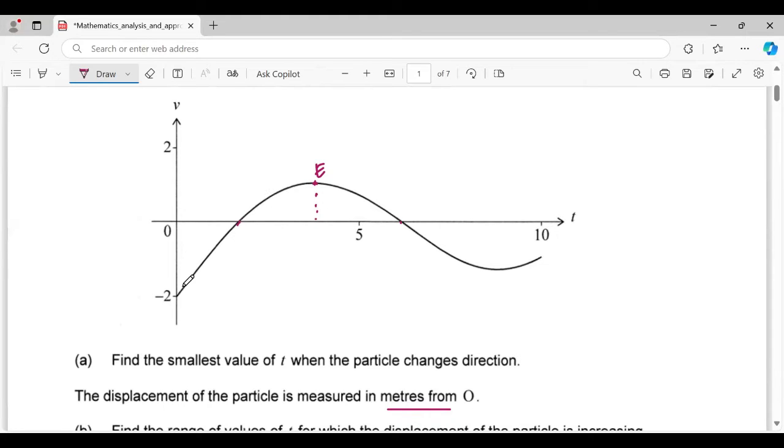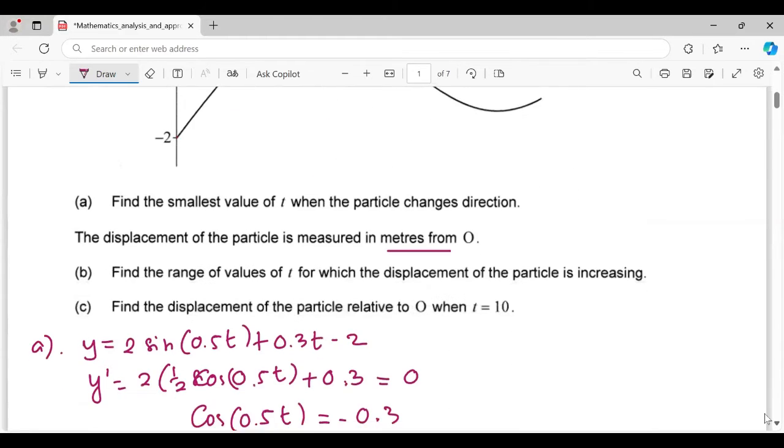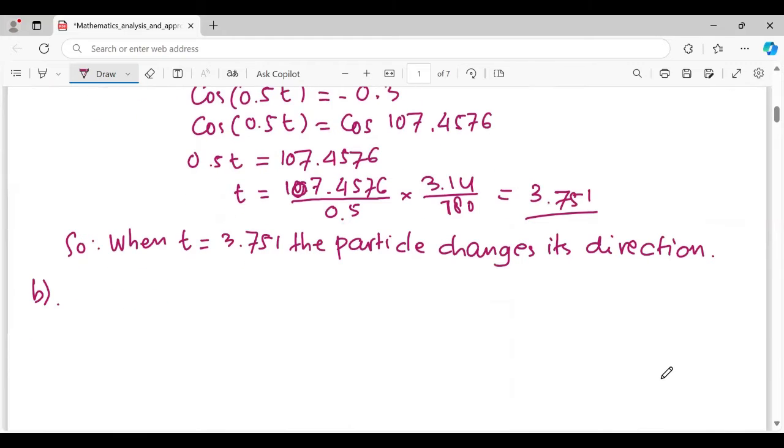In this graph, from this point to the maximum, it increases. Okay, the particle movement increases